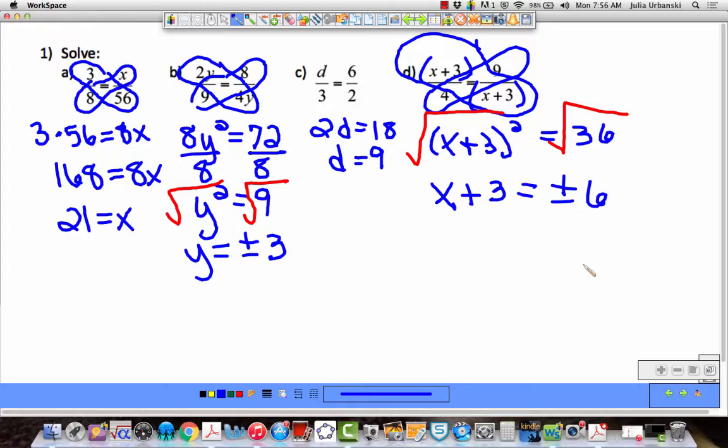Alright, so what's the only thing left to do to get x by itself? Again? Subtract 3. Yep, from both sides. You still want x by itself, so watch this carefully. You do minus 3 and you do minus 3. So I'm going to write it like this. X alone equals,